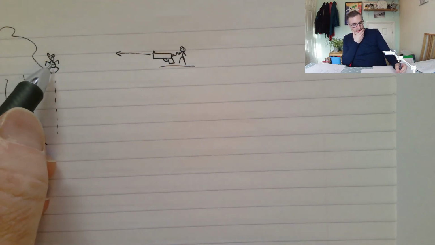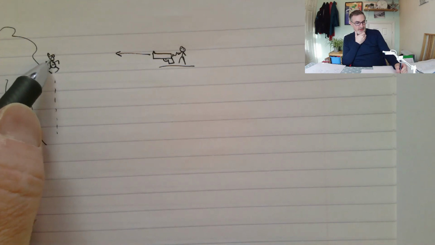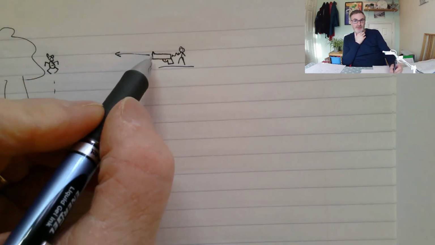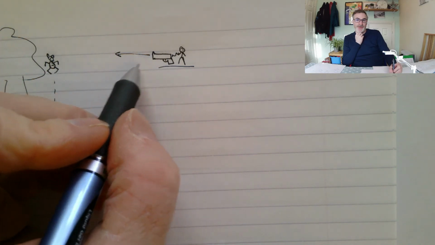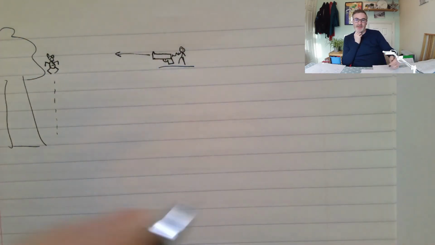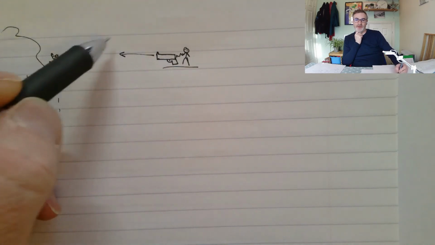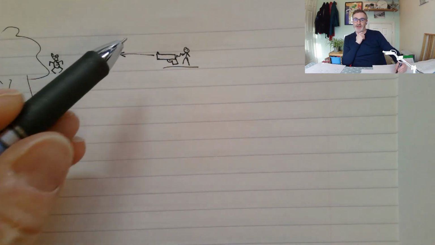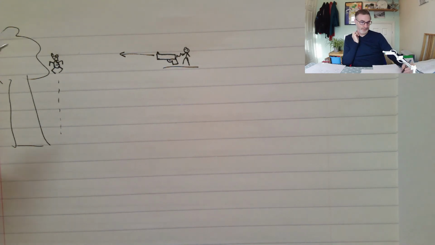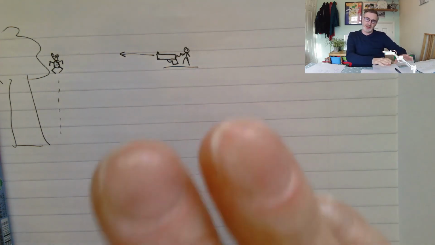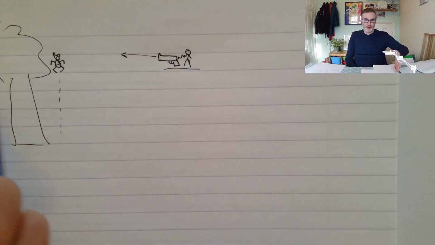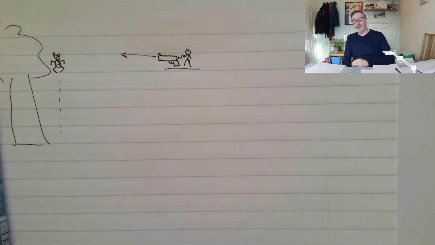The premise of this is that you've got an object that's falling vertically and an object that's moving in a projectile path, and the physics tells us that irrespective of horizontal velocity, both objects are going to move vertically in the same fashion. You'll watch the video and see an experiment that proves this is the case. The implication is that if you have a hunter sitting there with a rifle, and they fire the rifle,